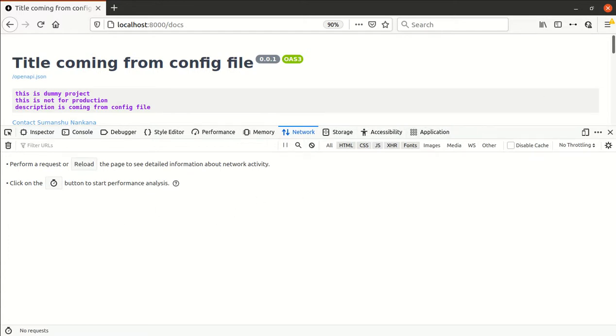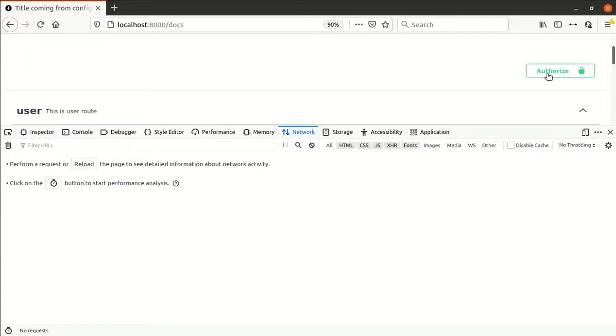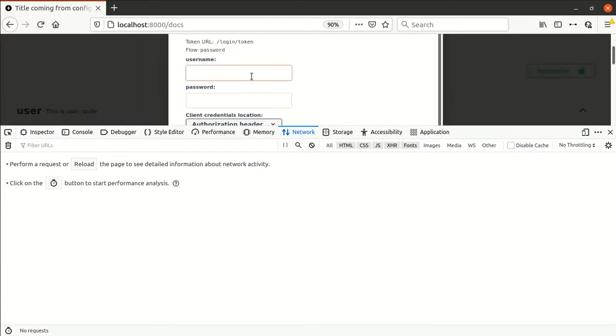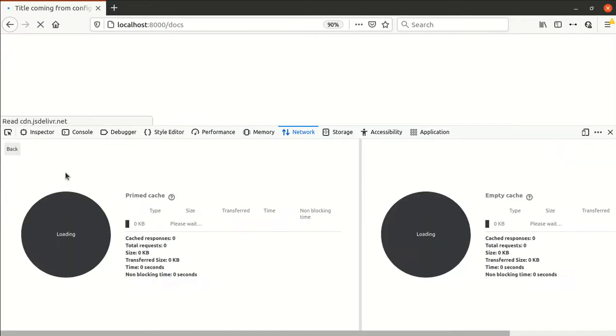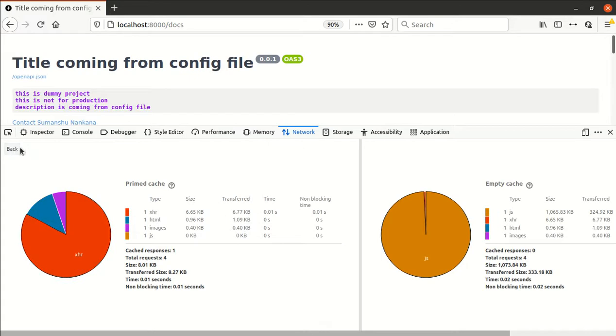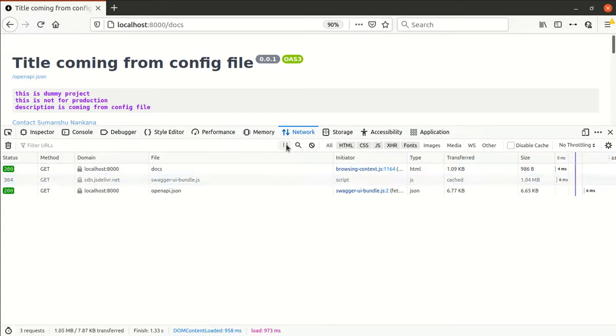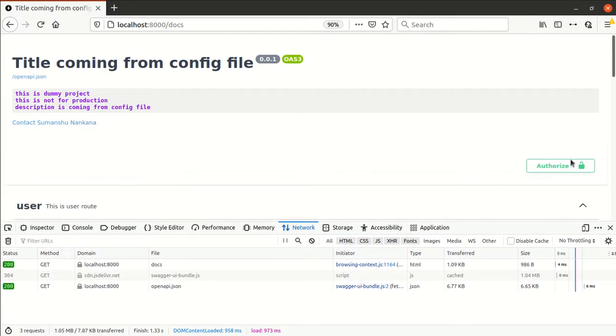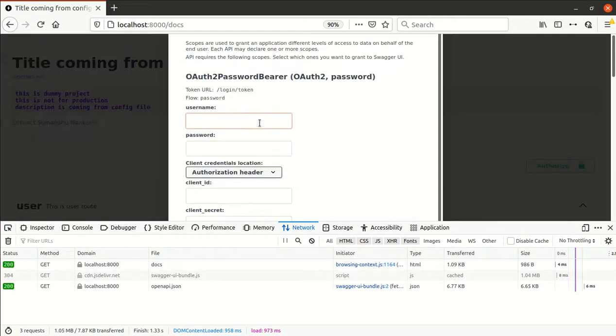So let me click on the authorize, user1, user1.com, user1.